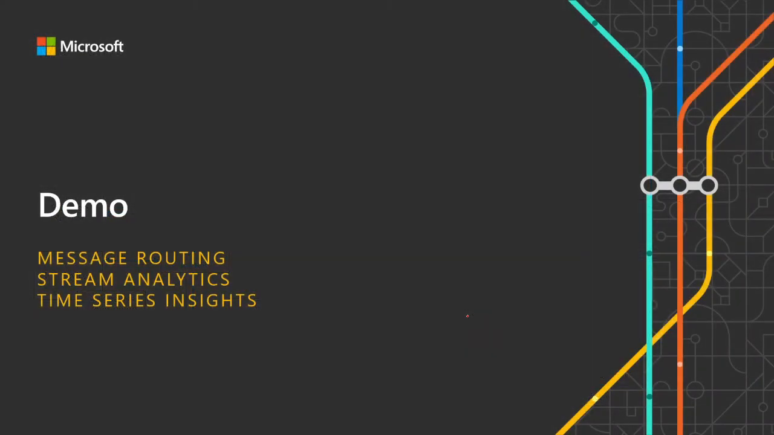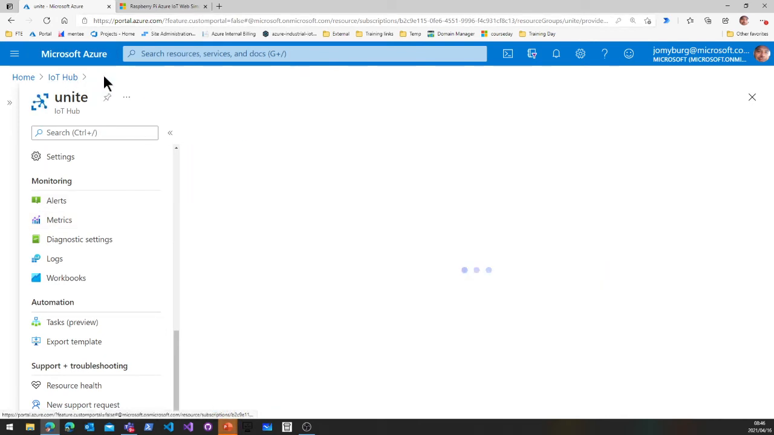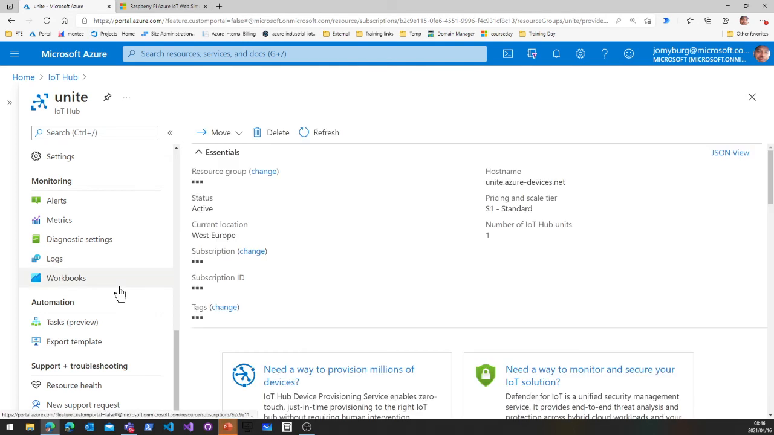All right, let's quickly take a look at the demo here. There's a couple of things I'm going to outline. We're going to look at message routing, we're going to look at stream analytics, and then we're going to look at Time Series Insights. Okay, without further ado, let's start with that. So I'm going to go to my IoT hub. Here it is. I'm going to scroll up a little bit,